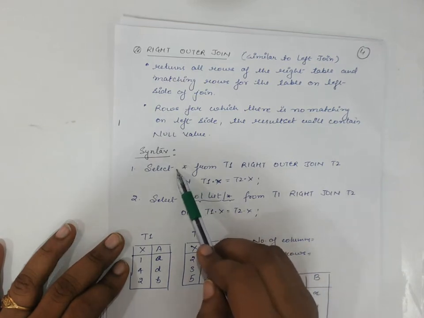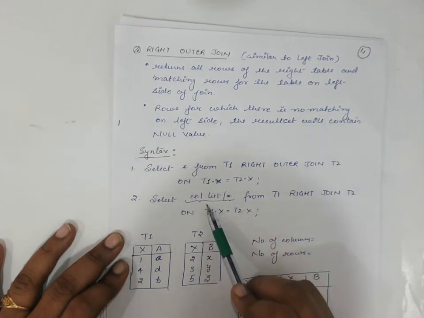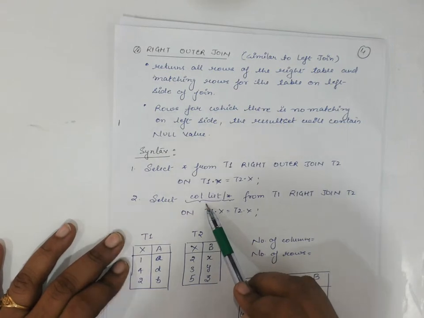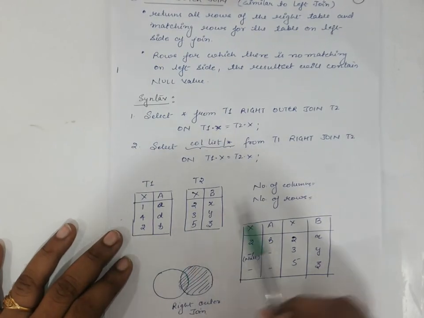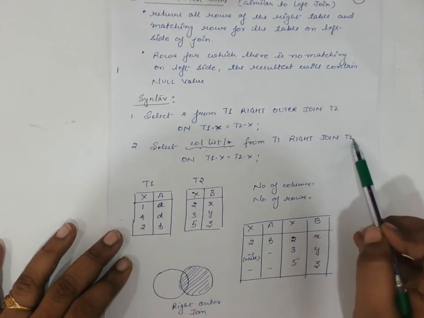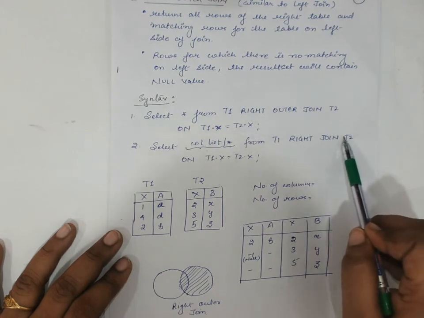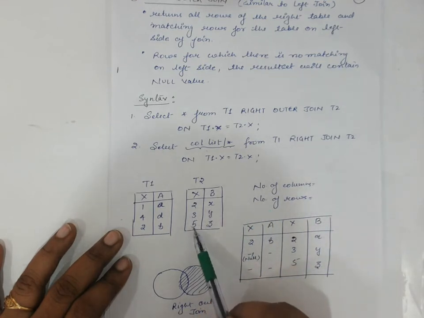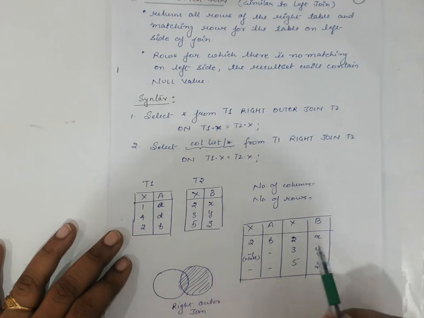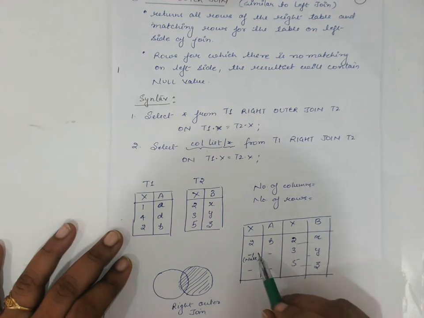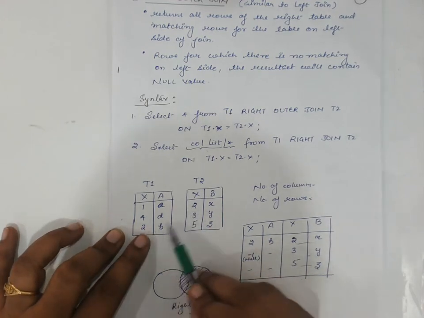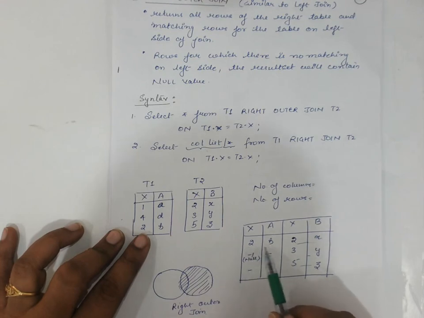You can put all columns, or you can also put a certain column list here for fetching the attributes on the basis of performing the join. So the resultant will be, if these are the two tables and I am doing the right outer join, the right table is T2, so it will retrieve all the tuples from the T2 table and the matching tuples of T1. So see, 2, 3, 5, x, y, z are the tuples of the T2 table. All tuples are fetched here, and the matching tuples from the left hand side. The matching tuple is only 2, so only corresponding values will be visible, otherwise null will be applicable and